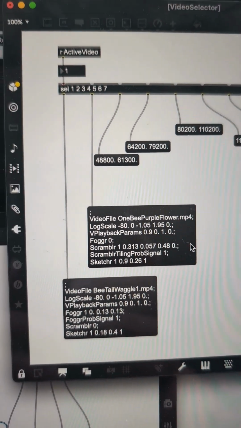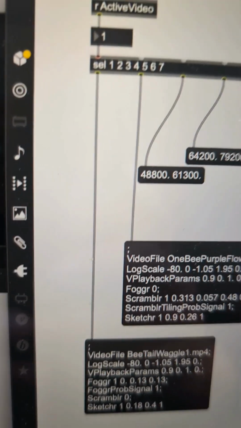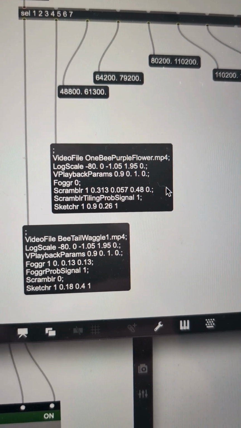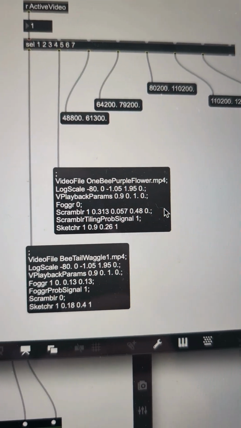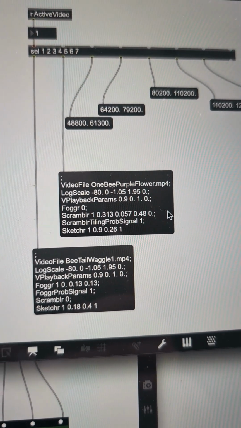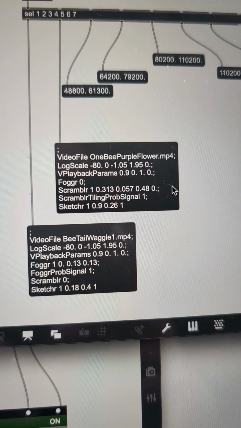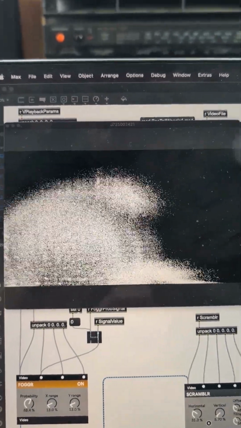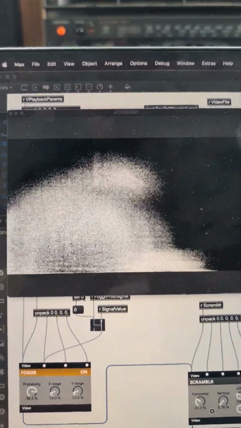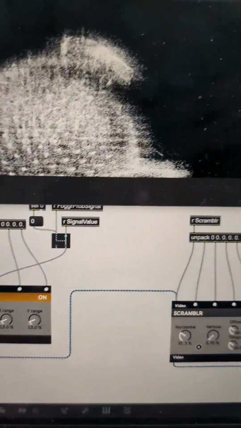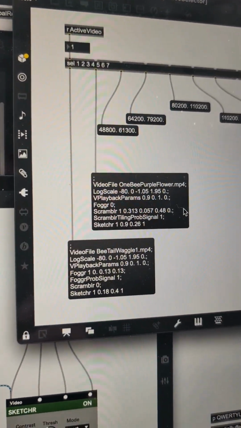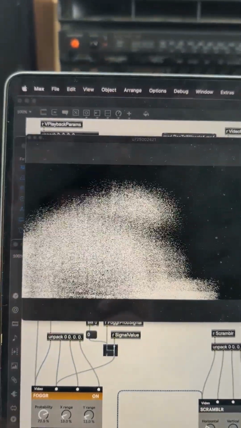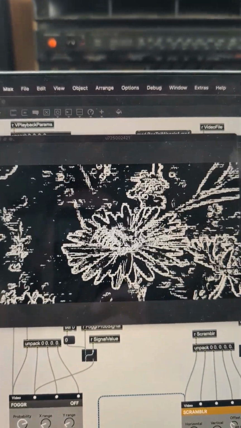Now I have active video triggers from this receive object, sending out a list of parameters that deal with loading the video file, defining the logarithmic scale, some playback parameters, and some other stuff that's in the effects right now. If I do tilde shift 1, now it plays the video and uses all the parameters that I set up for Fogger that were listed in this list here. And then if I do tilde shift 2,